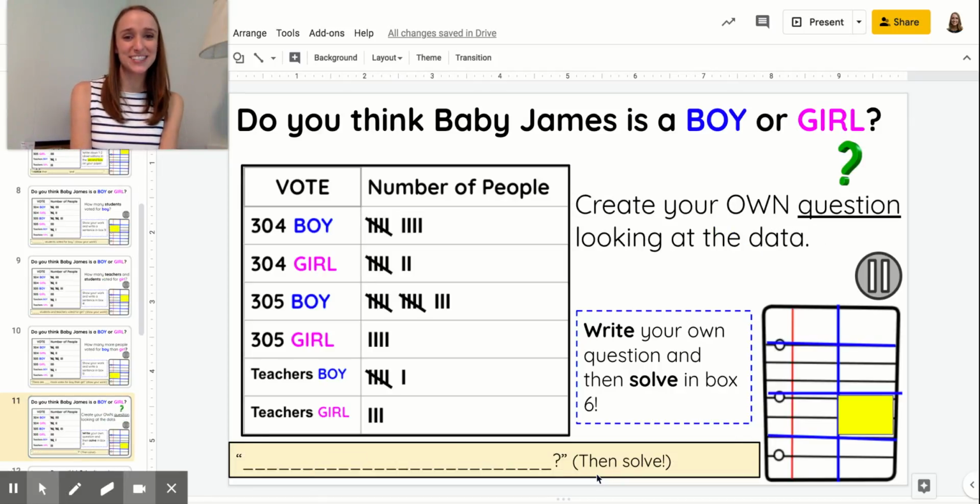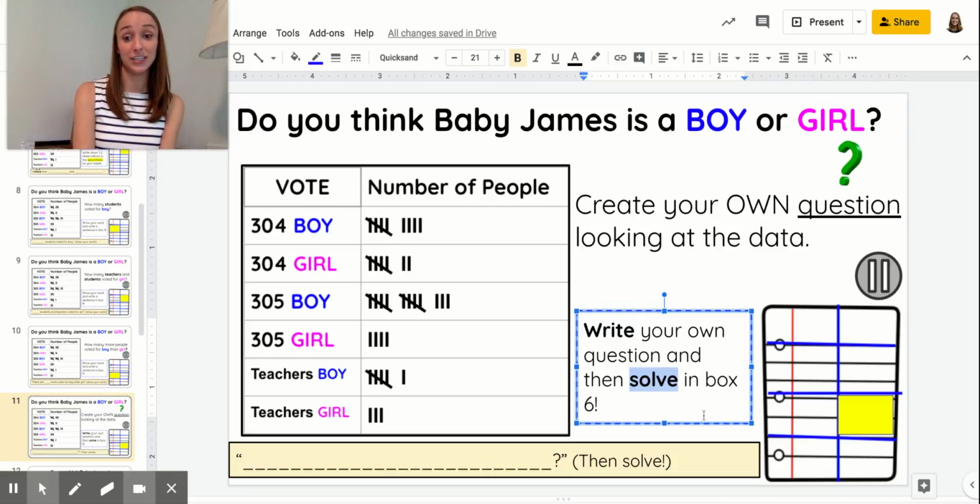All right, I like question number 6. In box number 6, you actually get to create your own question looking at the data. Your question can have anything to do with the specific data that you see on this tally chart. Once you write your question, I would love for you to also solve your own question in box 6. If you need an idea or an example of some questions, you can go back to questions 1 through 5 to see what types of questions I was asking. Once you're done creating your own question and then solving it, click pause, then play,